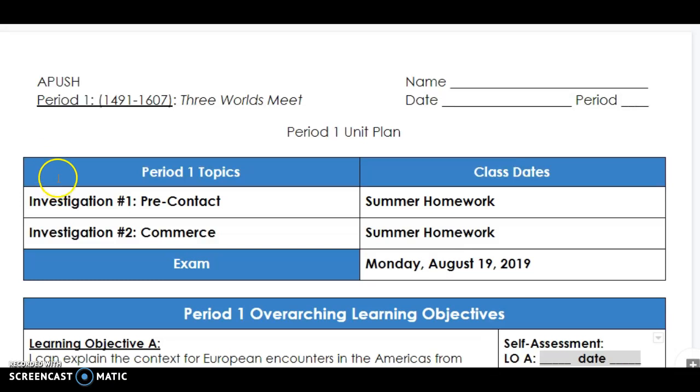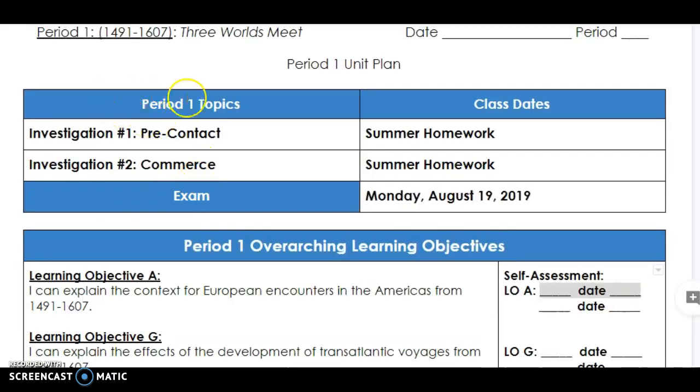The next thing I just want you to notice is this box right here. You can see that you have 2 investigations for this unit. Now I assigned both of these investigations as summer homework. So those other 2 packets you picked up are both summer homework, and the readings for them are on the Google Classroom. The unit exam for this whole unit will be on Monday, August 19th,